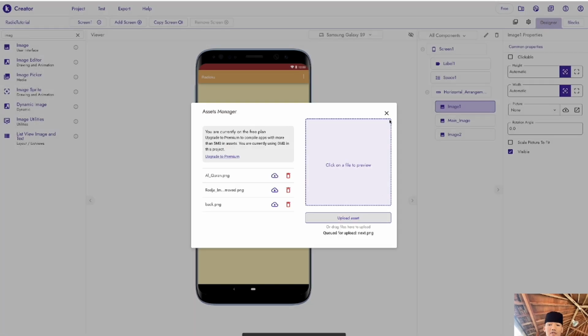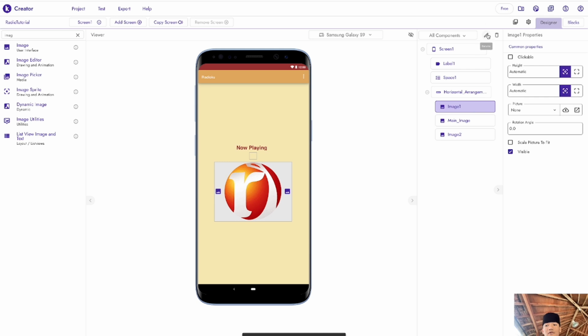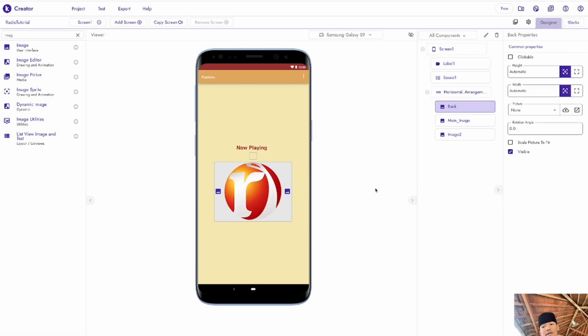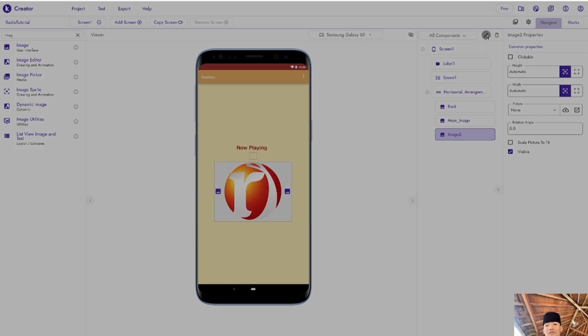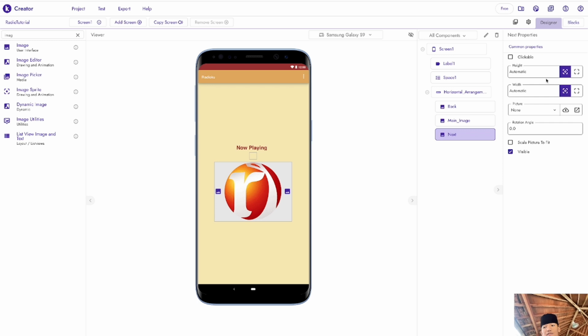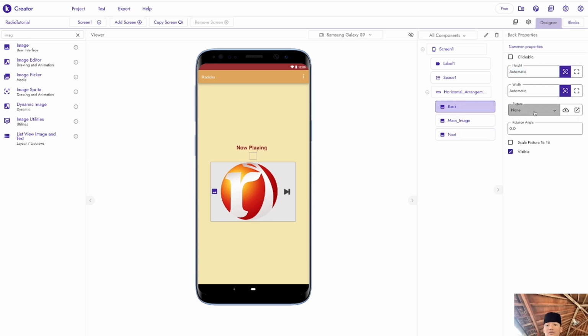Okay. So the first image, we're going to change its name to be back. Next, the second, we're going to change from image 2 to be next. After that, on next picture from none, we're going to put next. And on back, from none, we're going to change it to be back.